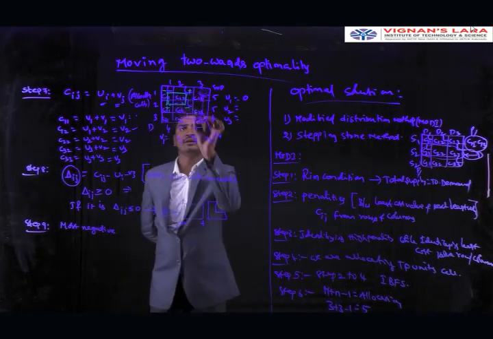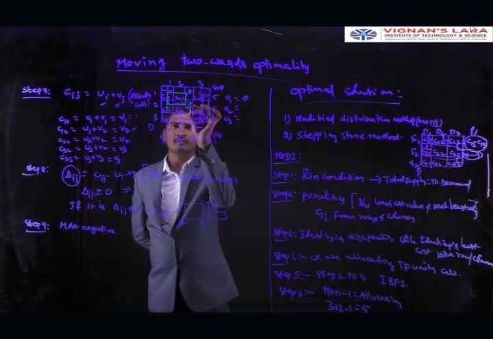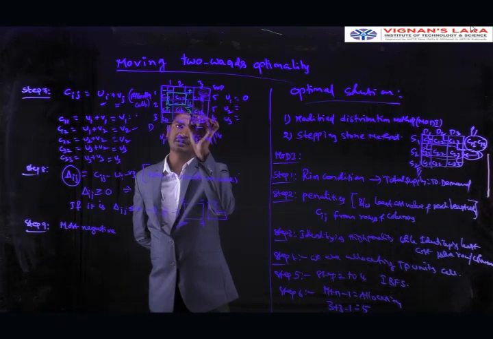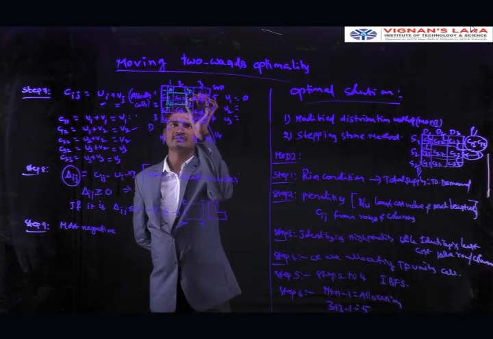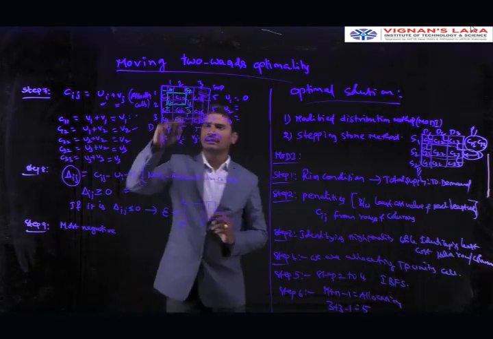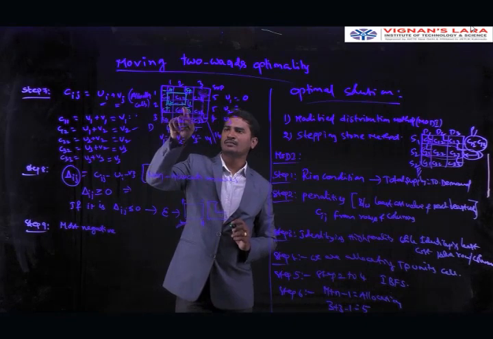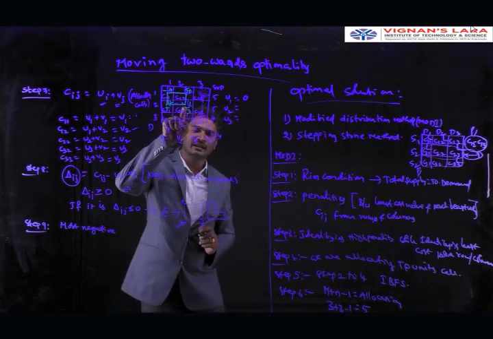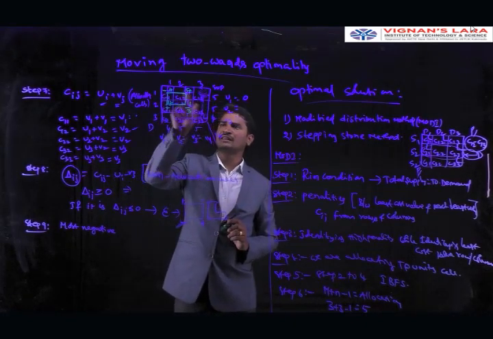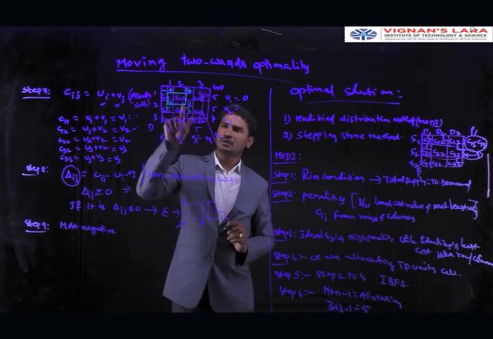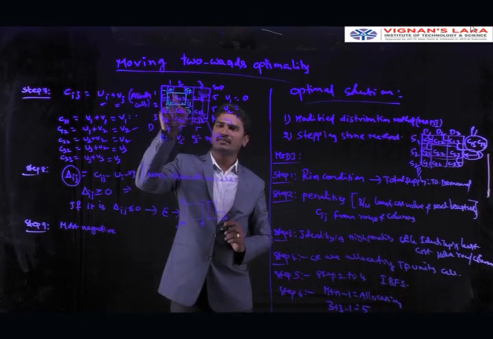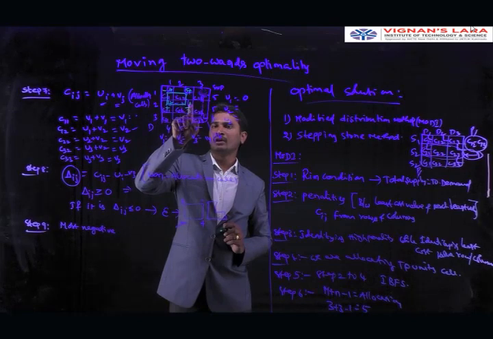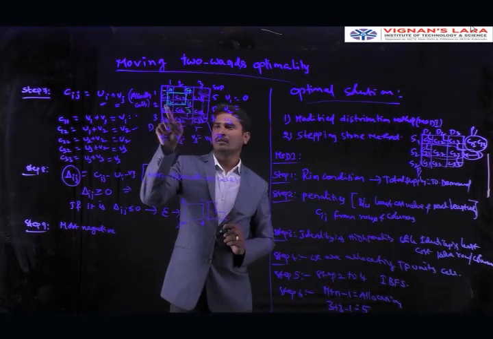If suppose here we have the allocation is 1 unit and unit cost is 3 units, and allocation is 2 units, allocation is 4 units, allocation is 5 units. Here we are transferring the allocation from this point to another point. Here what is the sign? Negative. From this we are going to identify the least value. Which one is the least value? Here 1 is there, 4 is there, with the subtract symbol. 1 and 4, which one is the minimum? 1 is the minimum. Here we are going to transfer this 1 unit throughout the loop.